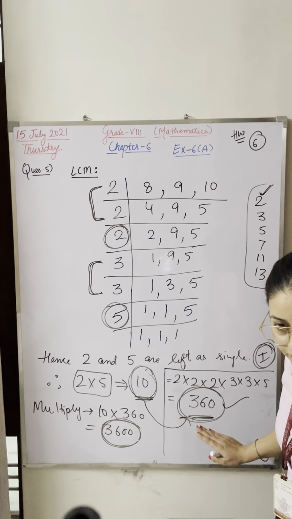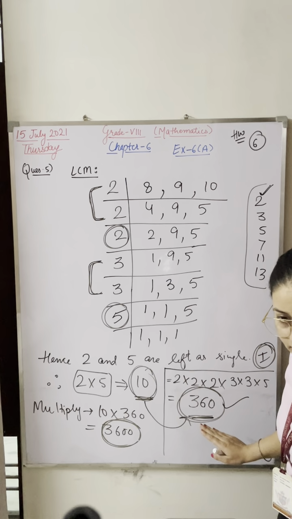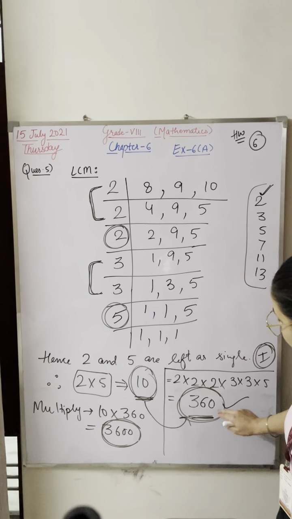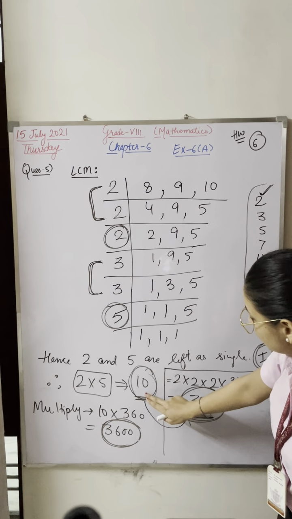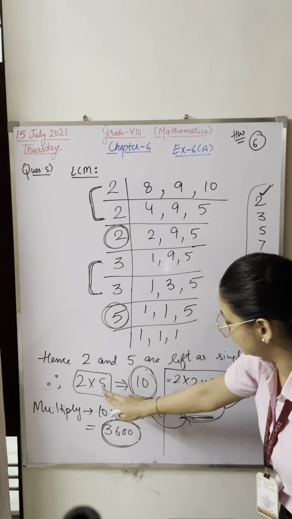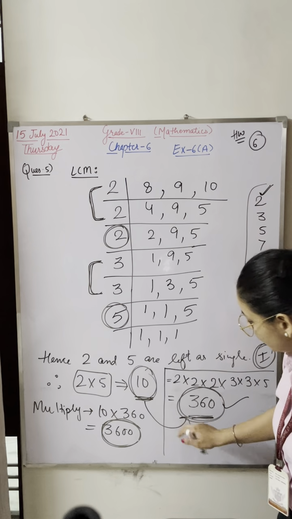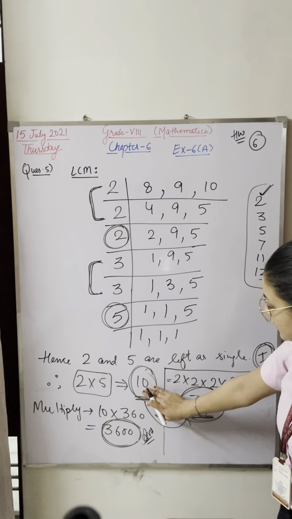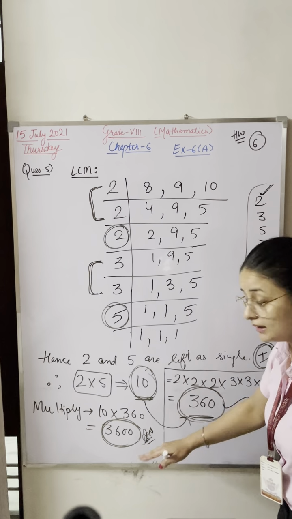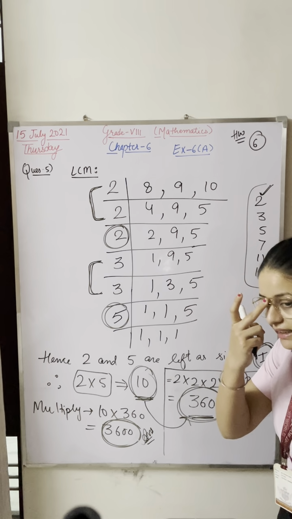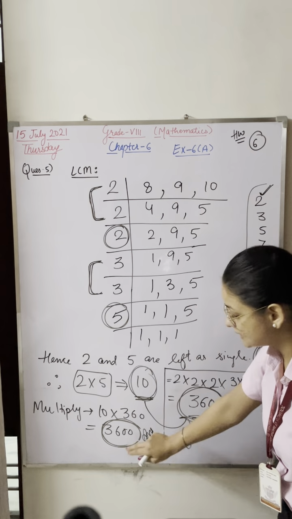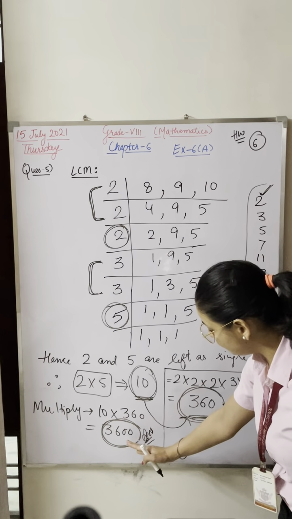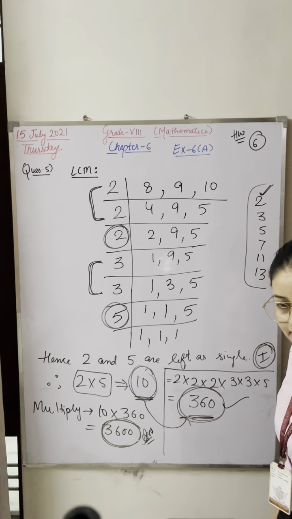Yes or no? Simarpreet, getting? Up to here you have to multiply all these numbers. Then you have to pick those numbers which are left as single. Now multiply these 2. You just have to write down this as your answer. That's it. The steps which I am telling you are for your understanding. But why has 3600 come? Because 3600 is a square number which is divisible by 360.